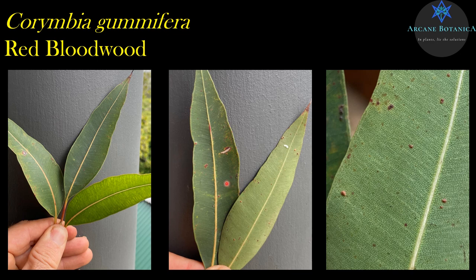But I'm just throwing out there that if we got a whole heap of Corymbia gummifera leaves and a whole heap of Angophora costata leaves and mixed them all up, and then asked people to separate them into piles, I reckon we'd all be challenged. Happy to be enlightened on that, but I just think if you look at the leaves I had for Angophora costata, they're very similar. Again, maybe go on the width, maybe go on the tough and leathery feel, and you might pull up a few other features too.